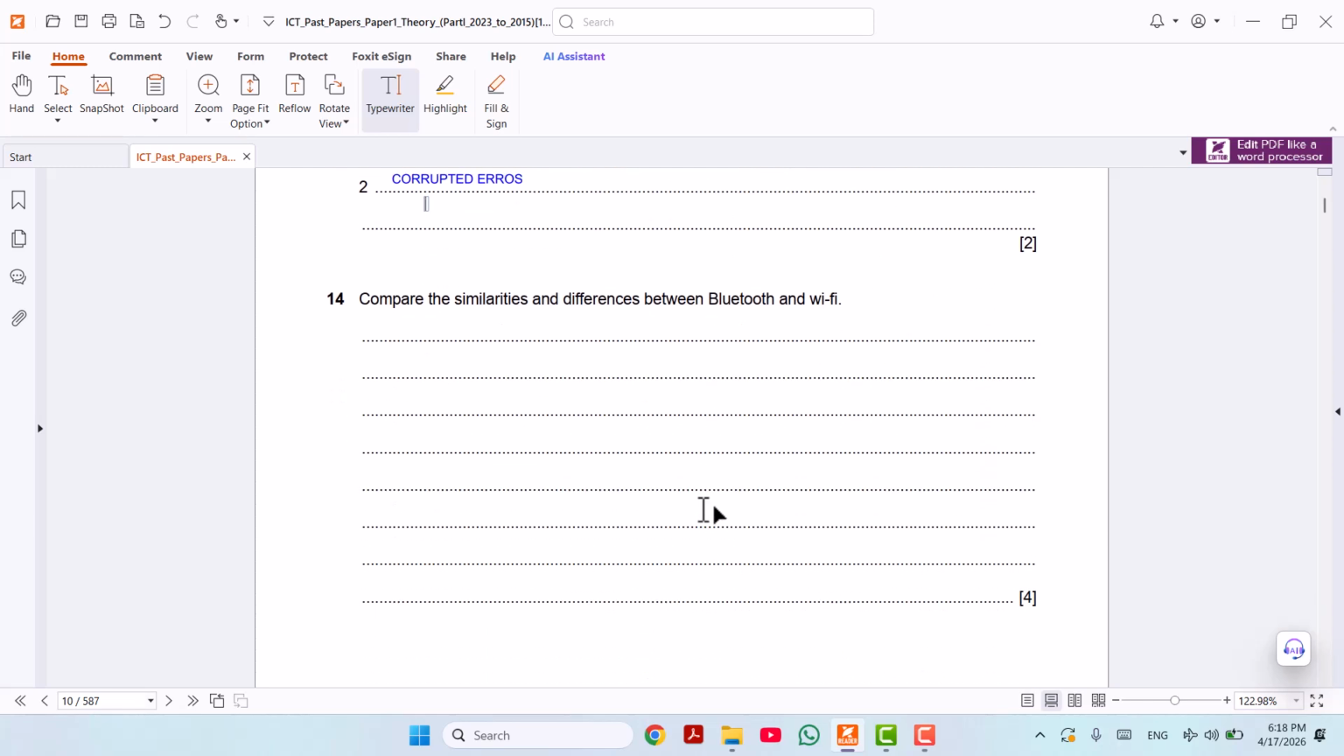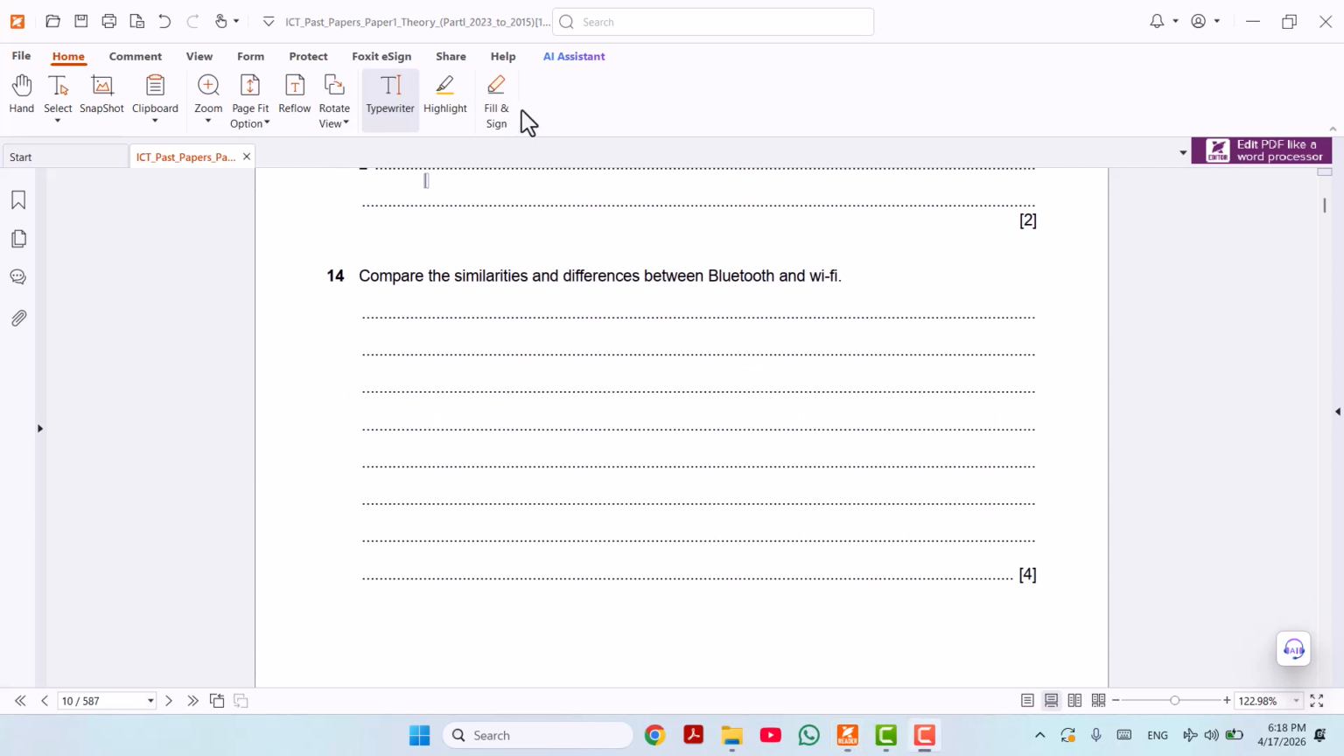So question number 14 is: can you compare the similarities and differences between Bluetooth and Wi-Fi? This one is chapter 4 or 5. So for similarities, we will talk in sentences, so we can write two or three sentences. So similarity, okay, similarity is